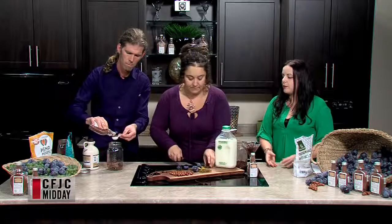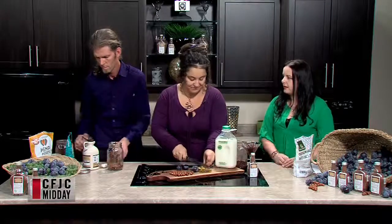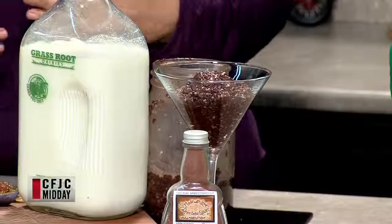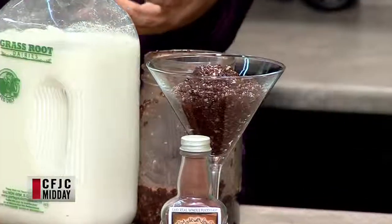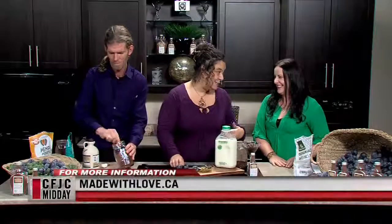When you're doing the smoothie, would you just up how much milk or fruit you're putting in to thin it out a bit? That recipe, all of the steps, is already up on our Facebook page. Do you know how to get us on Facebook? Earth Market. Earth Market is our online store, so our Facebook page runs in with that. But the easiest way to get there is to go to